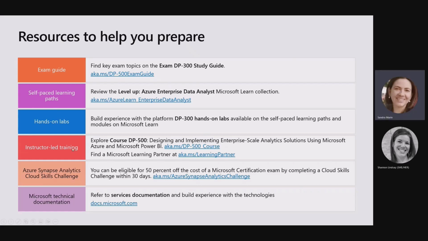Now, if you want deep training, we have instructor-led training available. So we have the course DP-500, Designing and Implementing Enterprise-Scale Analytics Solutions using Microsoft Azure and Microsoft Power BI. Typically, courses have the same name as the exams. And these courses are delivered by Microsoft learning partners and are taught by Microsoft certified trainers. So if you want in-depth instructor-led training, be sure to find a Microsoft learning partner near you and ask